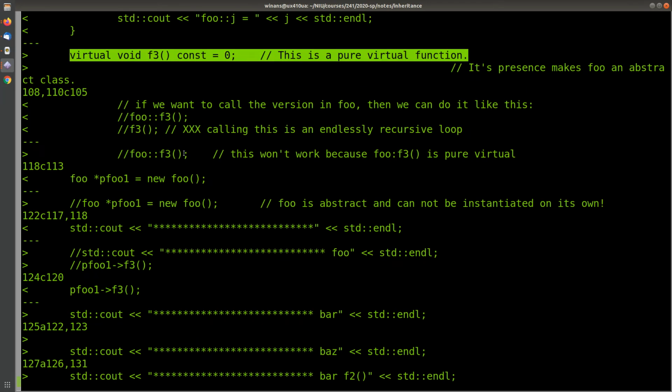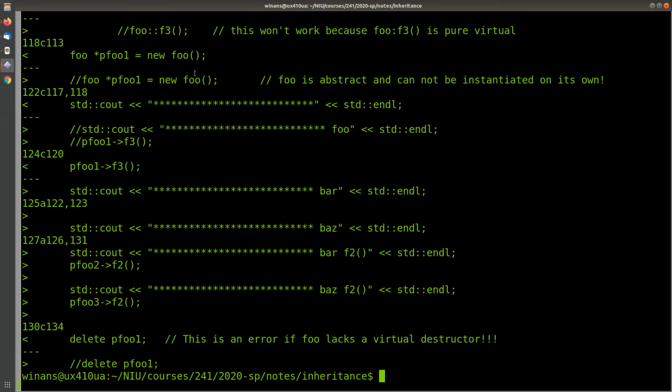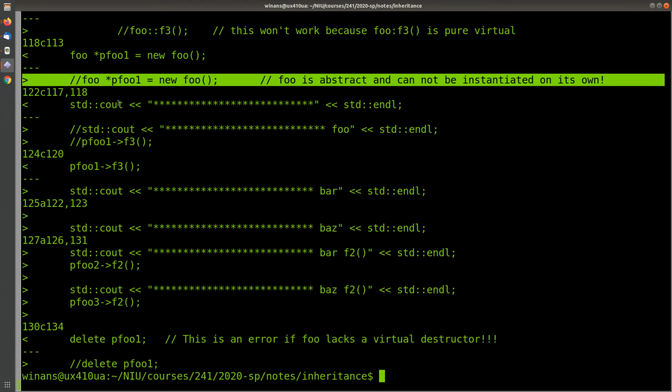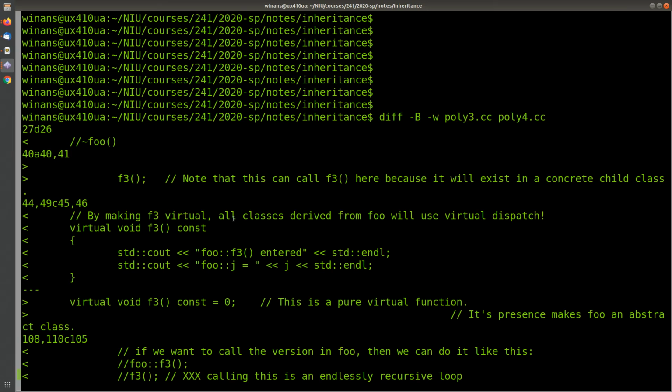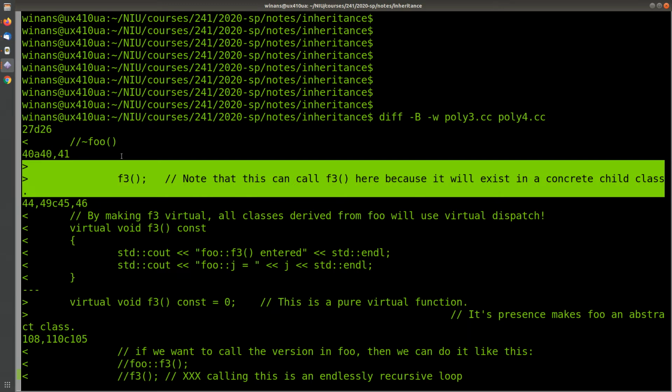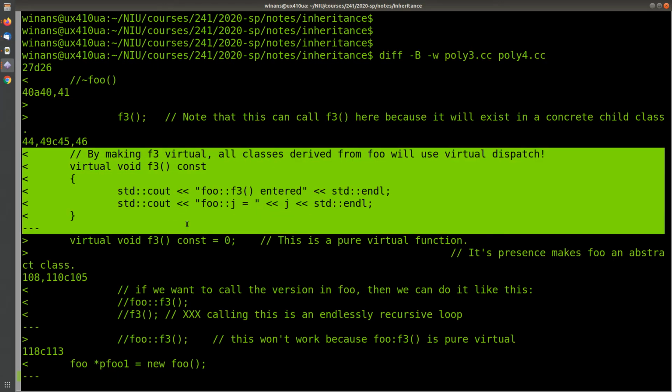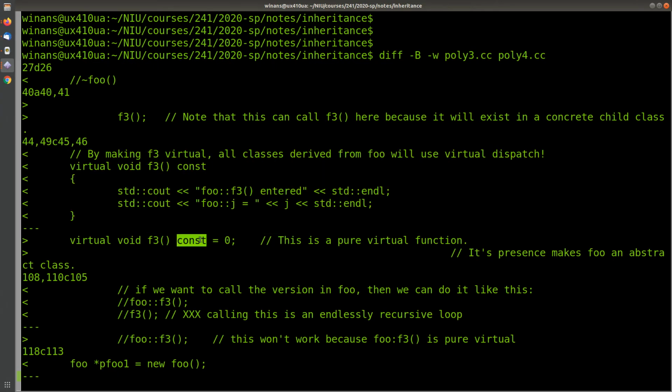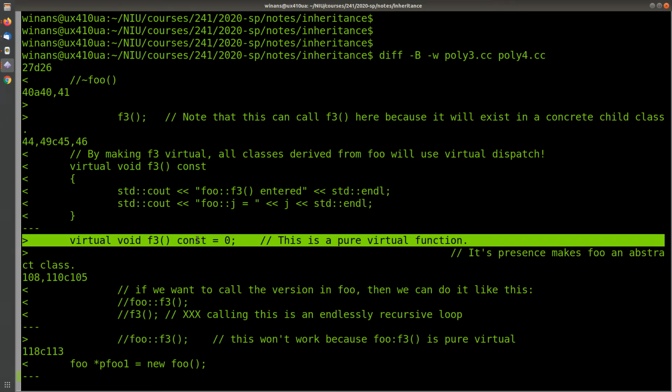I deleted some comments. We commented out, yeah, and this stuff is in the main. So the only difference between Poly 3 and Poly 4, as far as we're concerned, is this mystery thing here. I'll show you in a minute. And I replaced F3 in the base class with this funky thing. So let's look now